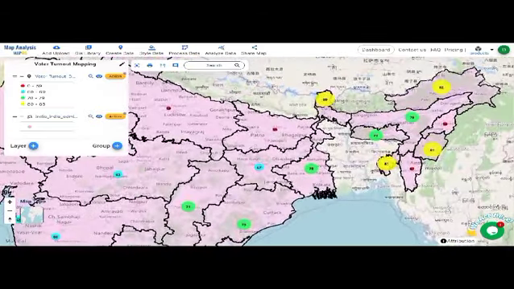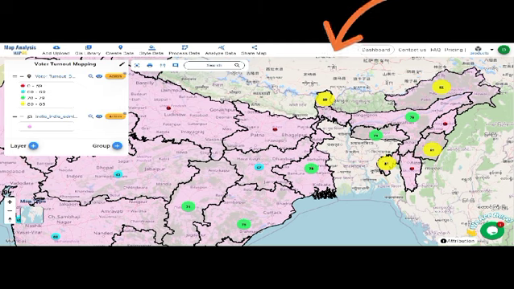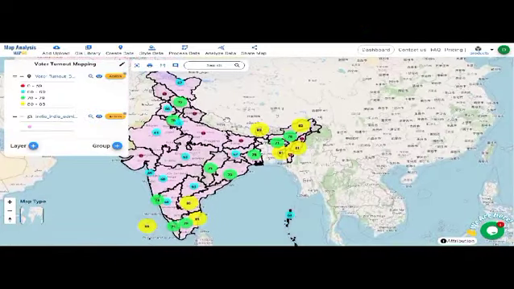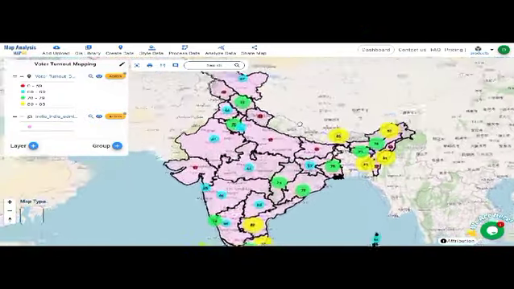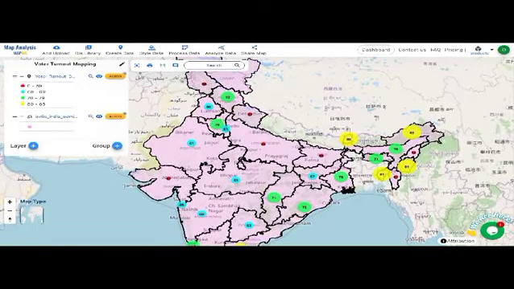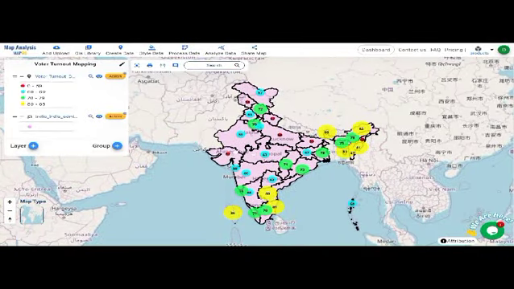Zooming in, you'll see that we've used different colored bubbles with different sizes, like red, blue, green, and yellow, to represent various voter turnout percentages. Yellow is used for the higher rate and red for the lower rate. And with the country boundary, it's very easy to recognize the area. This map makes it easy to identify and analyze the patterns and disparities in voter participation across different regions.